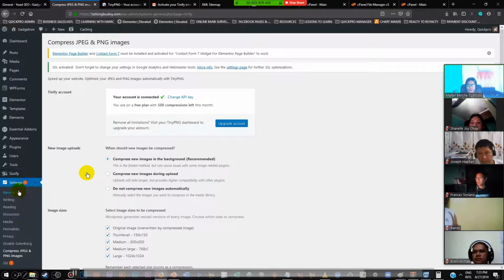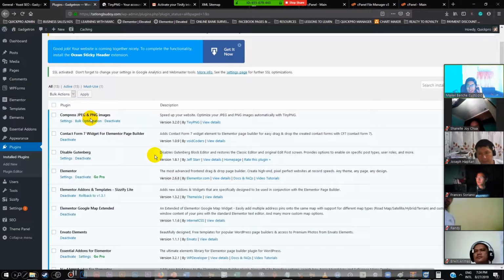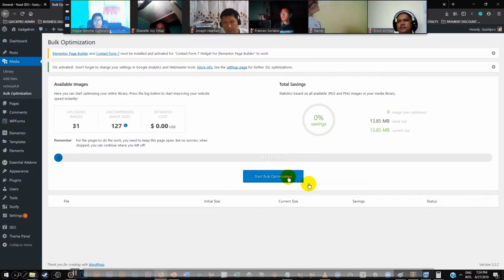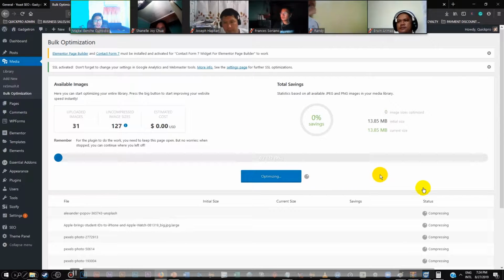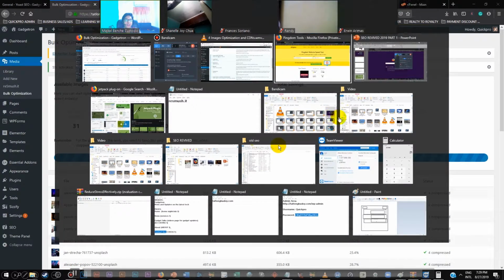After doing so, when you go back to your image, okay, let's go back to our image. When you go back to the plugin and click bulk optimize, when you click start bulk optimization, it's now gonna run completely, so it's not gonna have any errors anymore. Okay, so you just have to wait for that to finish loading, and then after it's done, there it is. You saved lots of space.